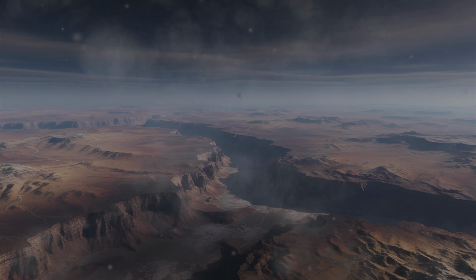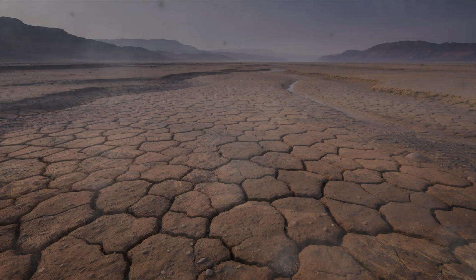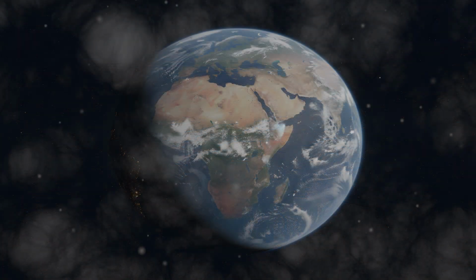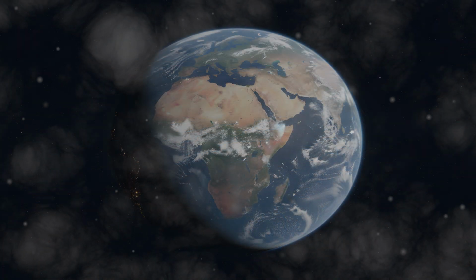Long before modern climate science, early civilizations living near deserts developed intricate calendars based on seasonal wind shifts and rare rainfall events. These observations guided agriculture, trade, and survival strategies, reflecting a deep understanding of environmental rhythms. Archaeological evidence shows that such knowledge was essential for sustaining life at the boundaries between fertile land and encroaching aridity.